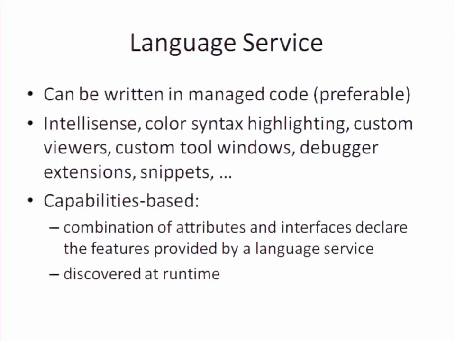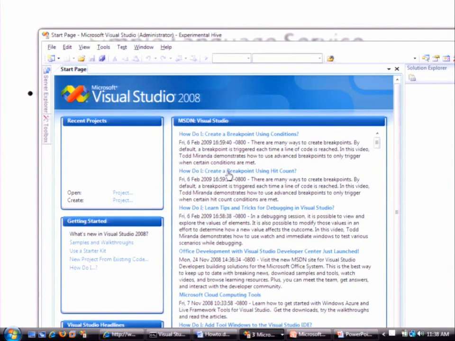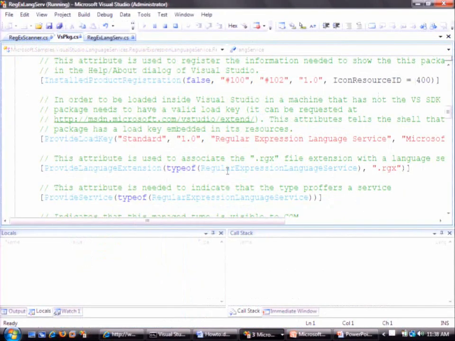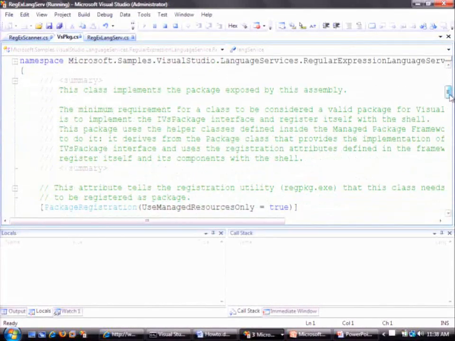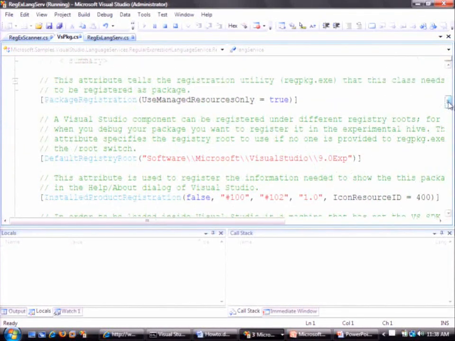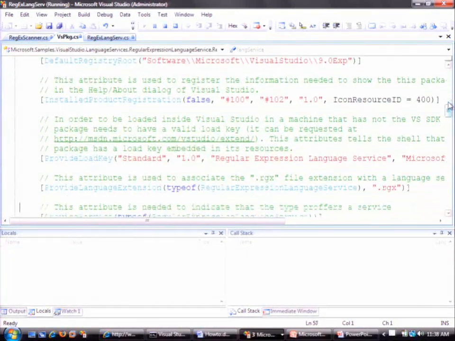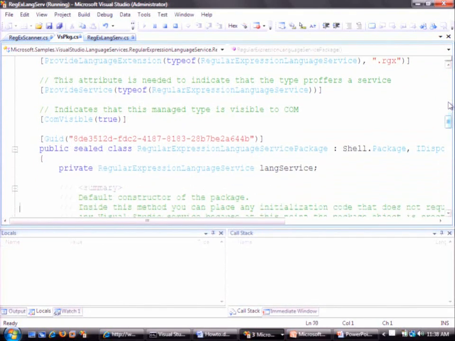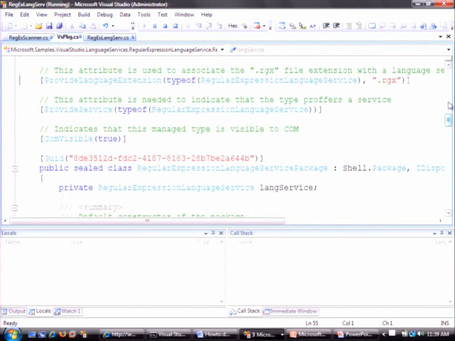So you'll create a package. Let me grab some code here. This file that we're looking at right here, this vspackage.cs file, you'll notice the huge slew of attributes on here. These are all effectively advertising what this package, what this regular expression language service, provides. So in this particular case, it only provides this one, the language extension type of regular expression language service,